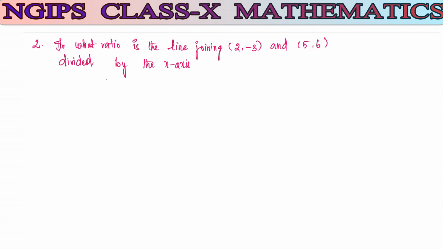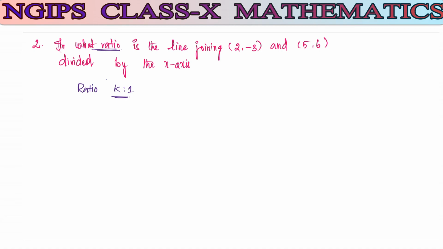Okay, the second one, here we have the ratio to find. So here the ratio is an unknown value. When you are going to find the ratio, I can take that ratio as k is to 1. Remember carefully, the ratio is going to be k is to 1. Always you need to take this whenever you are finding the ratio.